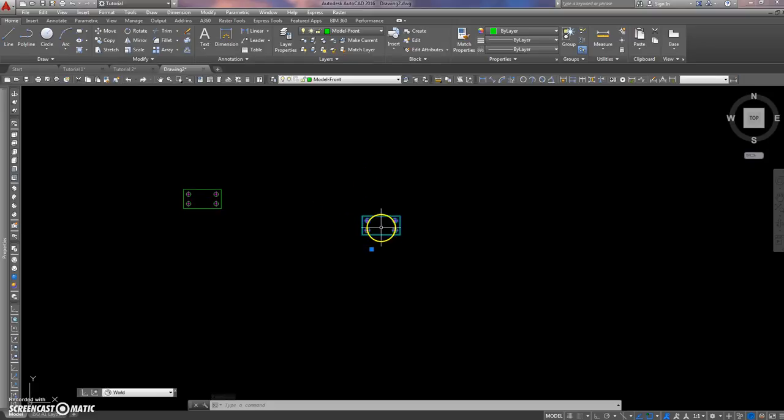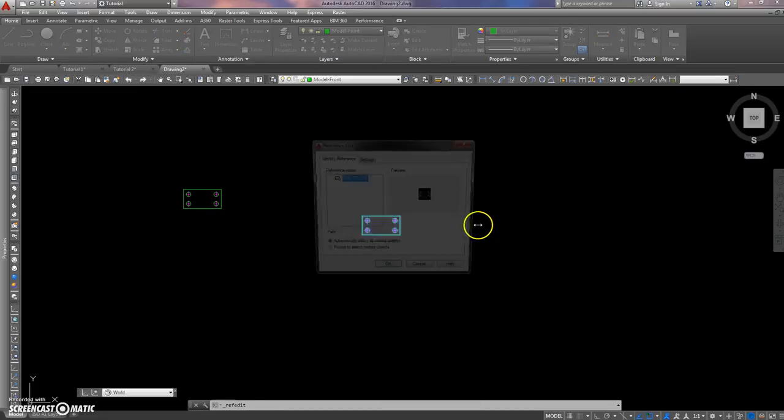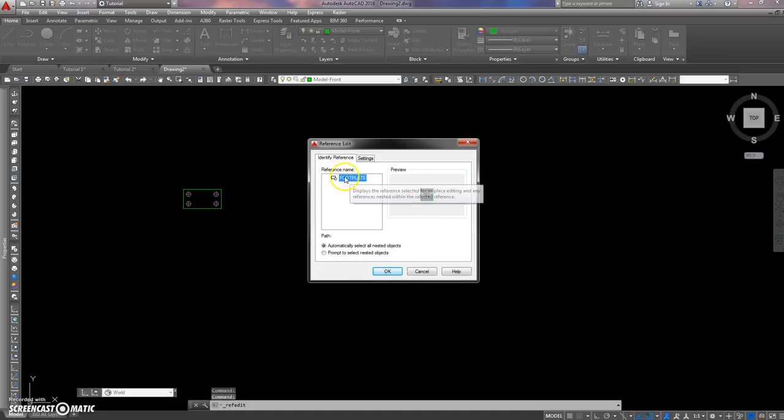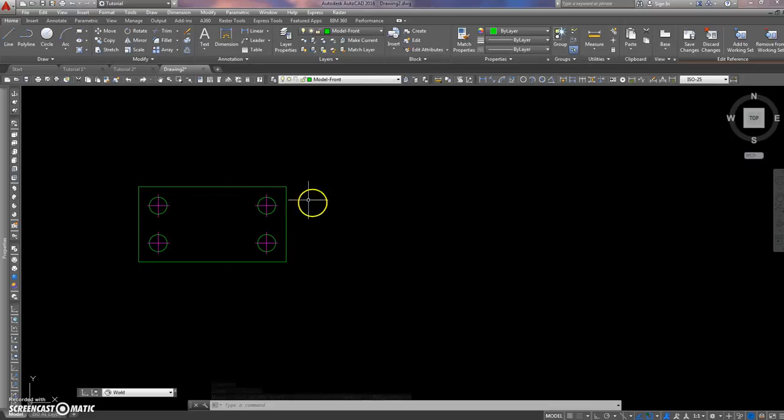Just going to show you very quickly that once you've got a block, you can edit that block very easily by right clicking. Emphasis is on right click, and that's the name of the block that we're going to edit. You'll see everything else is grayed out and sort of forgotten about, and all we're concentrating on is this block. So say for instance we want to issue the stretch command and make this block another 50 millimeters